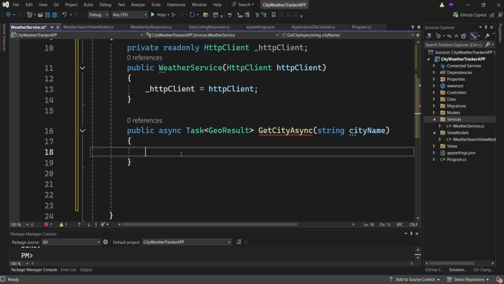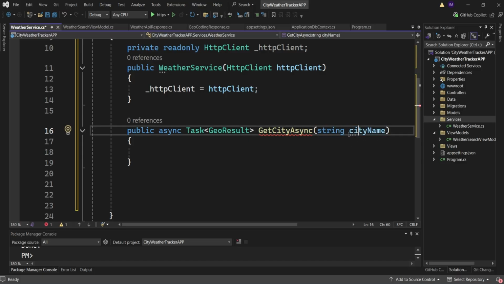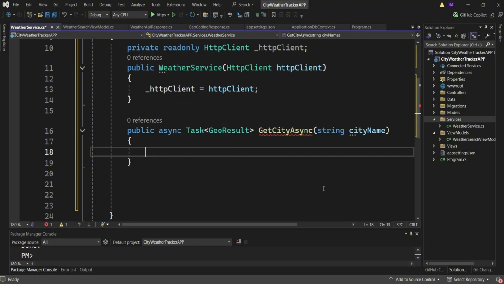Okay, so what is happening now? We created an async method to say, you method GetCityAsync, please run without blocking the application while you are still waiting to get a response from an API. And you API, what are you doing now? What is the type of response that you're talking about? The user is searching for a name, and when we get the result, we specify how the result is supposed to look inside of the GeoResult class. Okay, so now